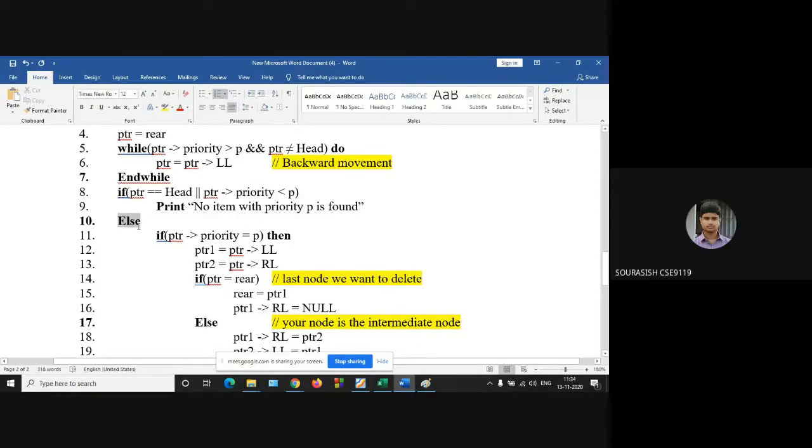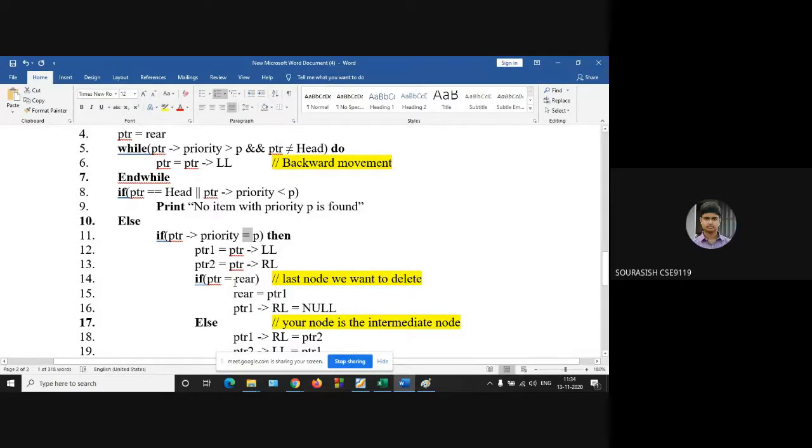Sir, actually, here is what I was asking earlier. There still can be a possibility where there isn't a node with priority P, but a node with a higher value. Suppose, according to you, on line number 11 this condition should be less than or equal to, right?